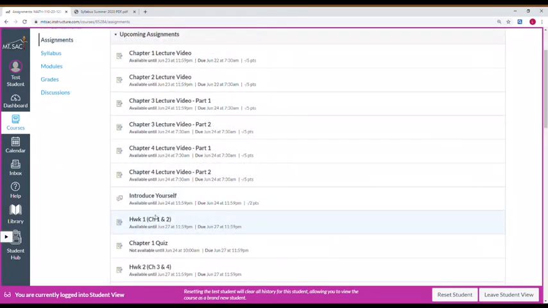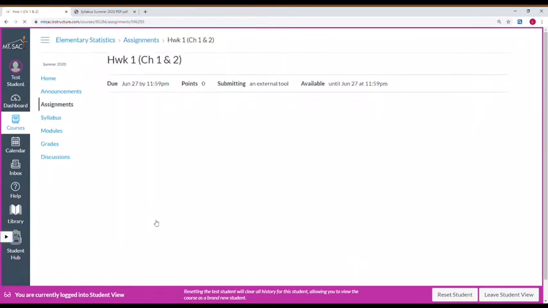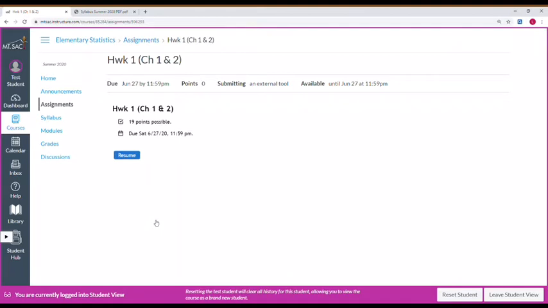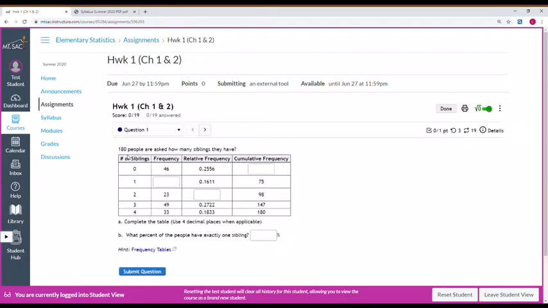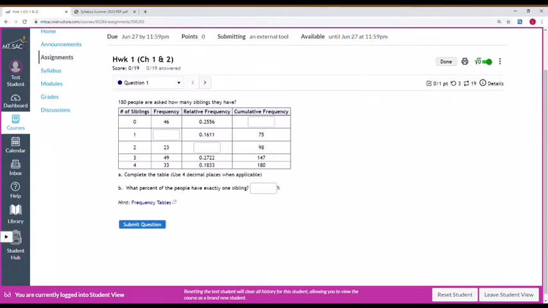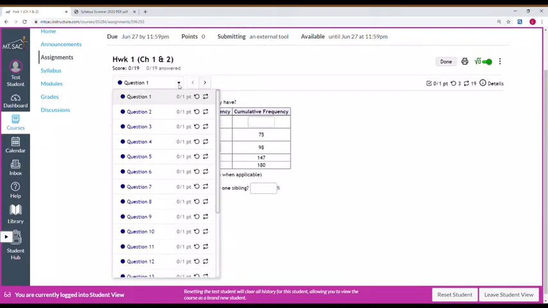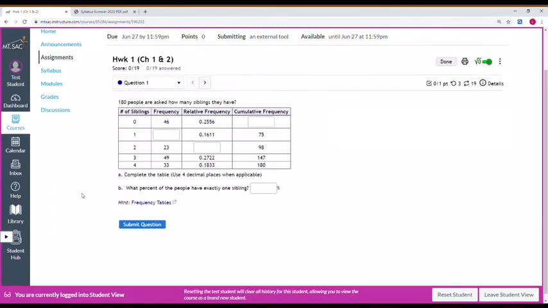We also have homework links on here for assignments. If you click on your homework link, you will notice that this pops up for each assignment. You can resume if you've already started it or start the assignment if you haven't yet begun. If you click on this, the first assignment question pulls up, and you have an option to select the different questions. The other thing I want you to notice is that there are hints down at the bottom to help you. Sometimes there are video hints or examples, or it will link you to a free textbook for you to use as a reference. Then you hit submit question.